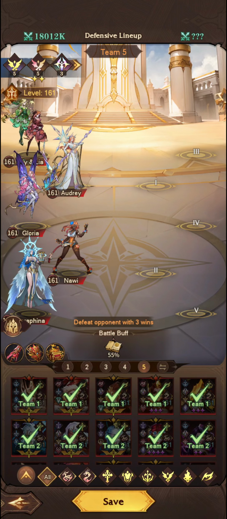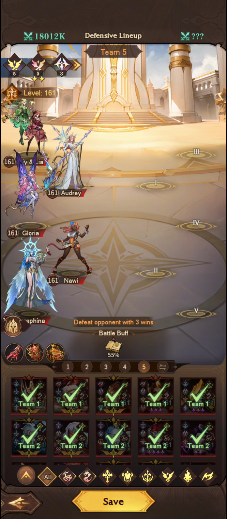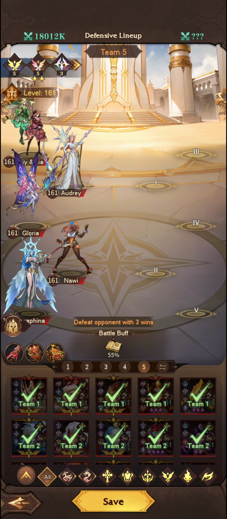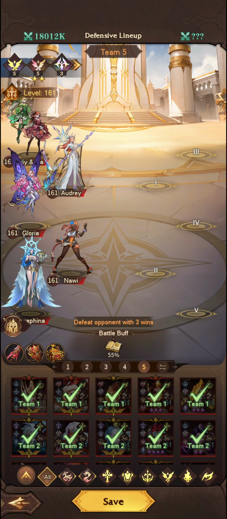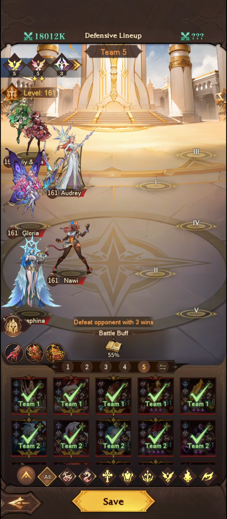If you don't have enough units, it will partially fill the teams here. If you do have enough units, what it will do as a default is mix and match, so it will just make random teams for you. Please go in and change these, please do, because it's not fun fighting against, for example,